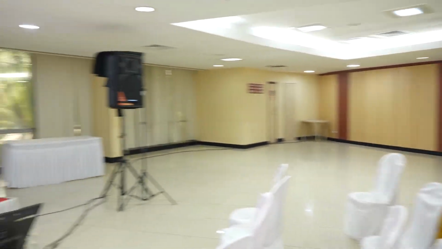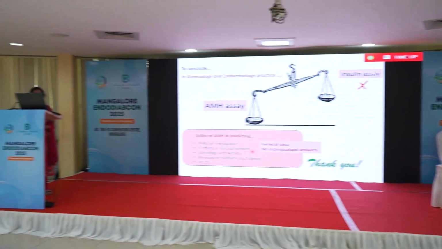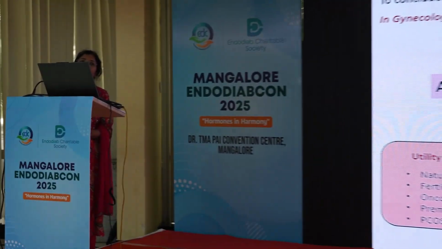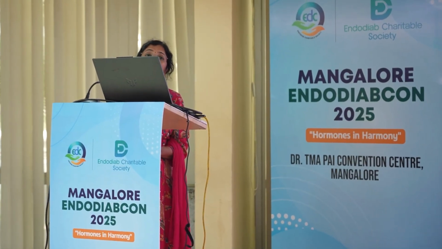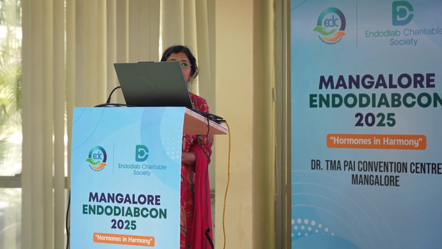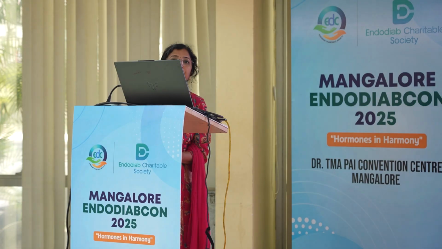On OC pills, the AMH will be falsely low and it remains low as long as OC pills are continued, but most of the studies have shown that it will go back to baseline levels within 2 to 3 months after stopping OC pills. So you should order AMH 3 months after stopping the OC pills.